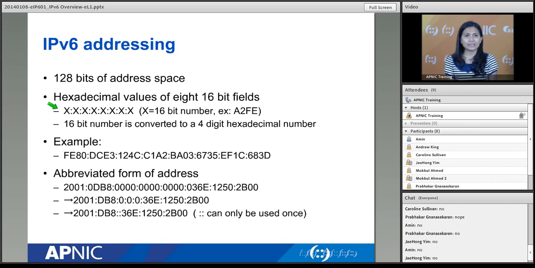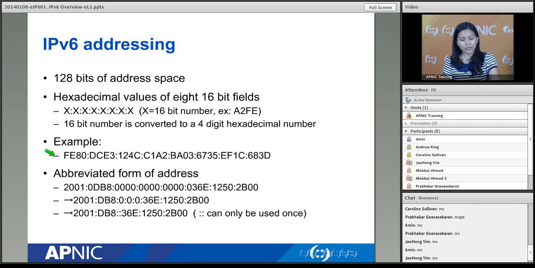So each of that is a field, and each of the fields is separated by a colon. So this is a complete example. If you try to count the number of fields and count the number of hexadecimal digits, it should be correct. It should have how many hexadecimal digits? 32. And how many fields? 8 fields. Each of the fields is separated by a colon.